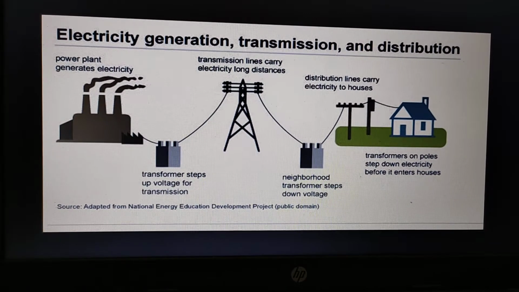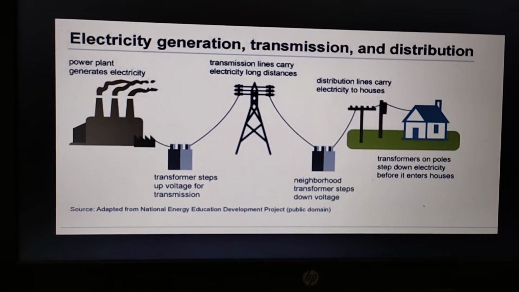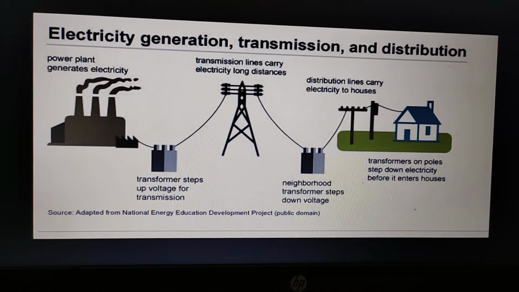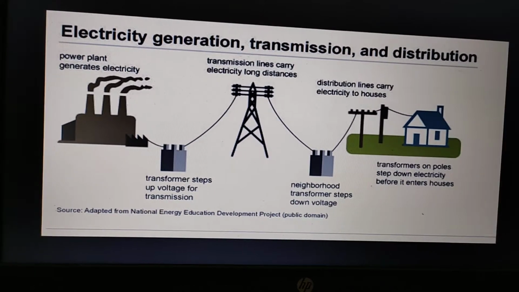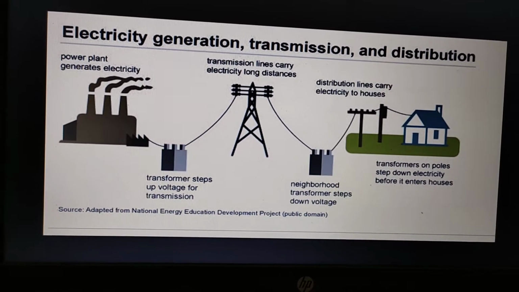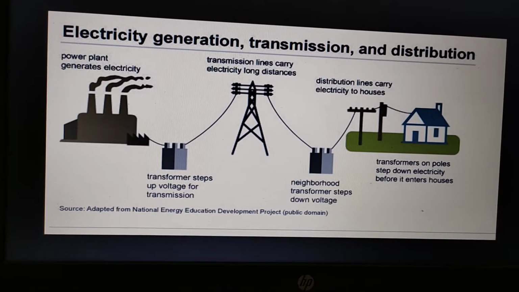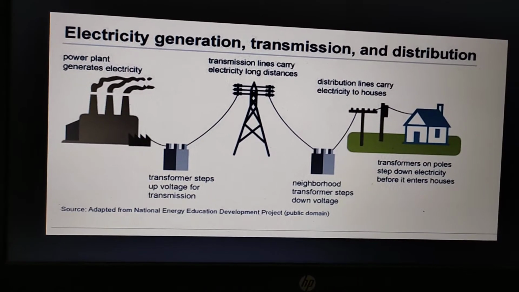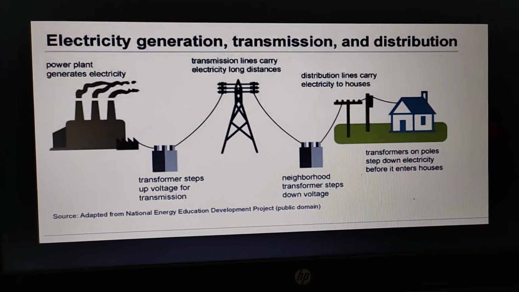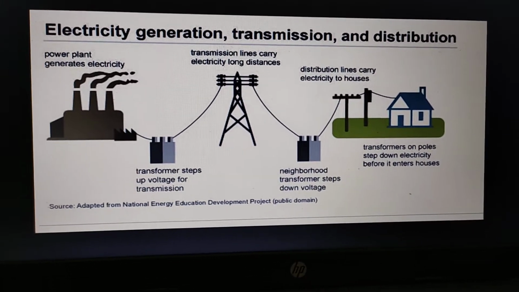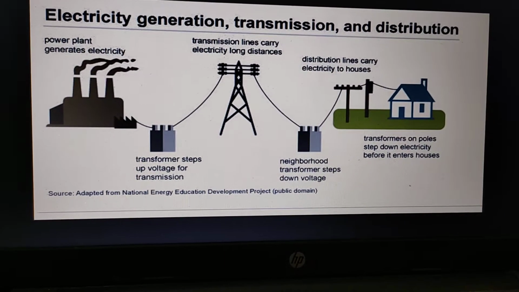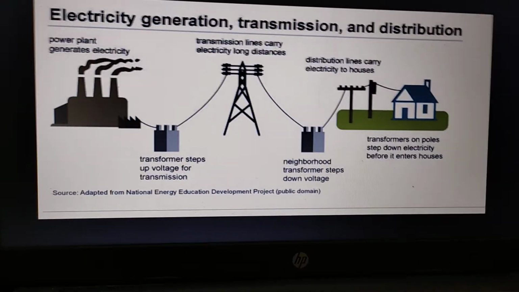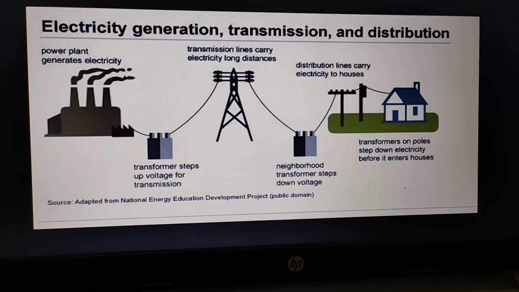When they are generating electricity, it is quite high voltage, the energy is very high. So that electricity should be stepped down or stepped up. Step down, why? Because if we have that much electricity, it will affect our appliances. Our house appliances are not suitable to tolerate that much high electricity. So sometimes we need to step down the electricity and sometimes we need to step it up.